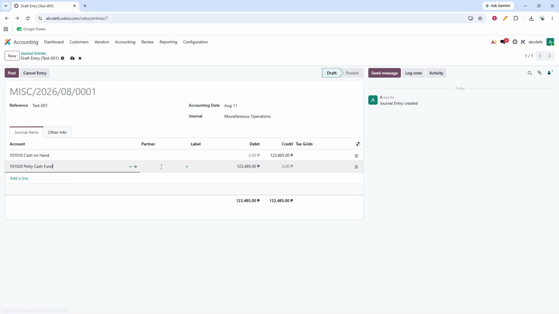For each line, choose the correct account and enter the corresponding amount in debit or credit as needed. Take your time here and make sure each figure matches your source records, since opening balances form the foundation for future transactions and reporting. As you enter all of the lines, make sure the total debit and total credit amounts